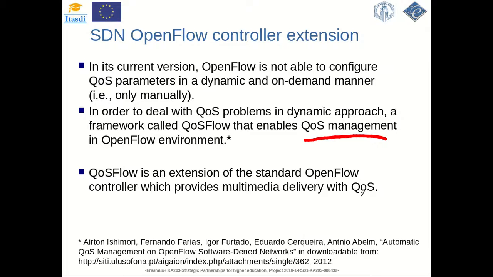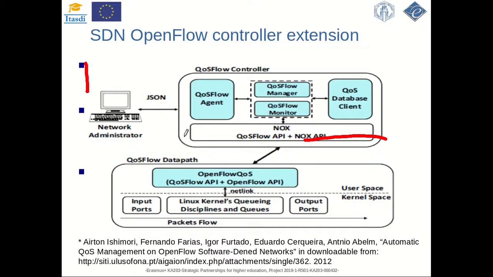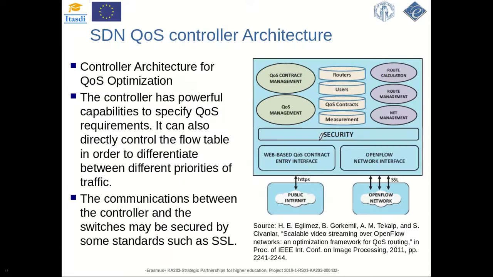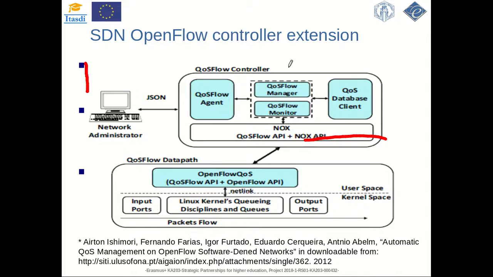So we will focus a little on this specific OpenFlow protocol, which is an extension of the standard OpenFlow controller. We see the cons of that basic standard OpenFlow. Okay, so you can see that this SDN OpenFlow controller